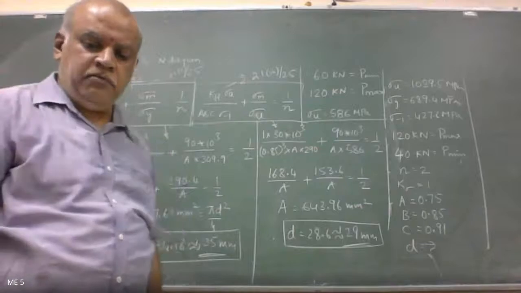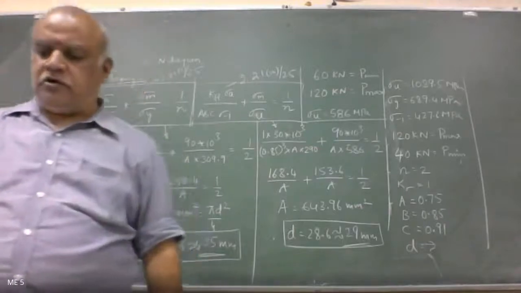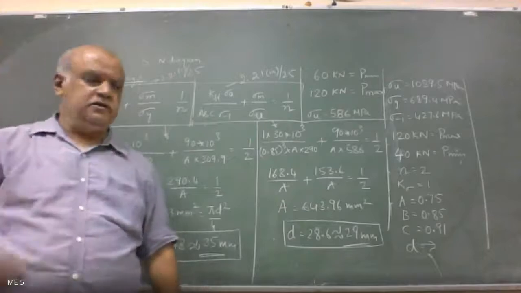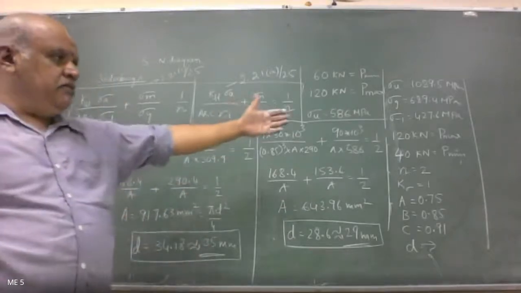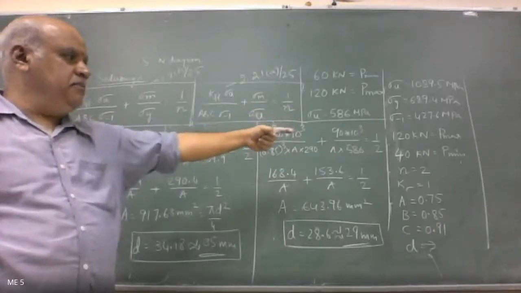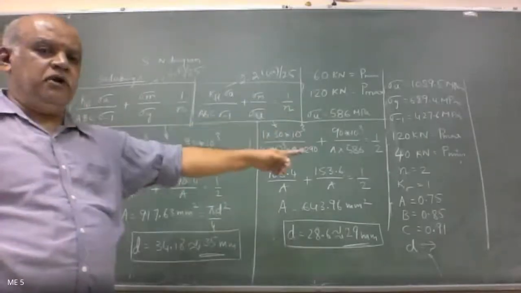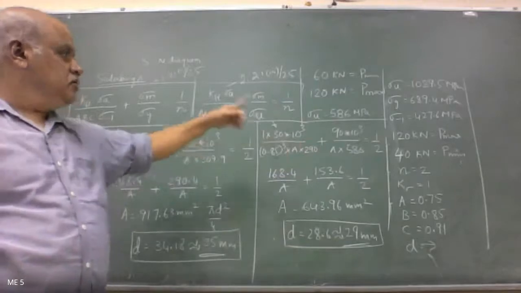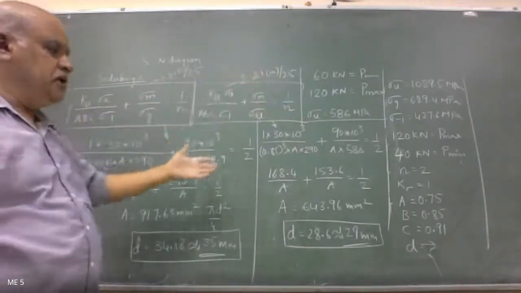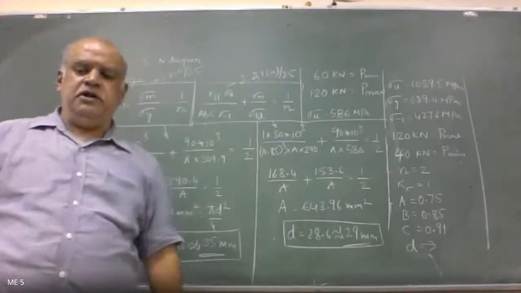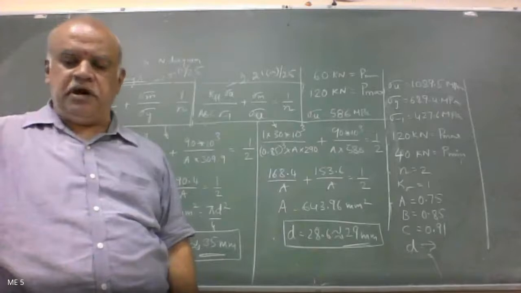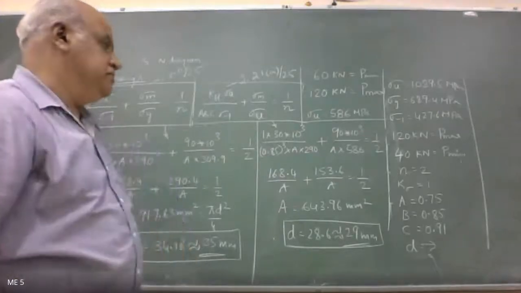You are left with another 5 minutes. Complete the problem and let me know the diameter. All of you please solve on similar lines. You are given P max and P minimum. Find sigma minimum and sigma maximum, find the mean stress, find the stress amplitude. Go to the Soderberg relation, substitute the given values, and get me the diameter. This was asked in the exam for 10 marks. It's such a simple problem.